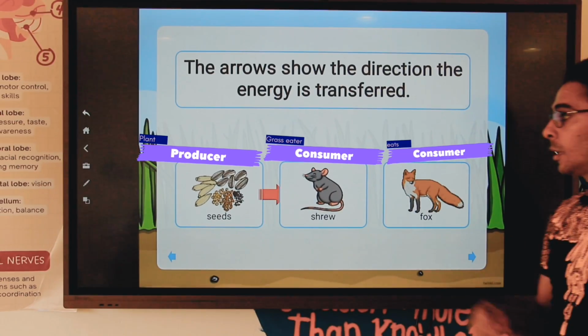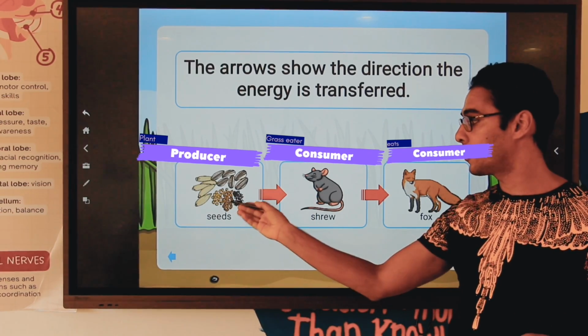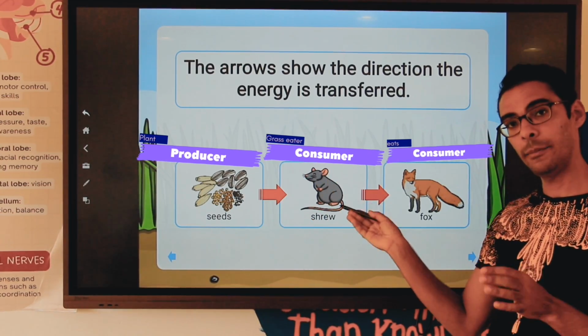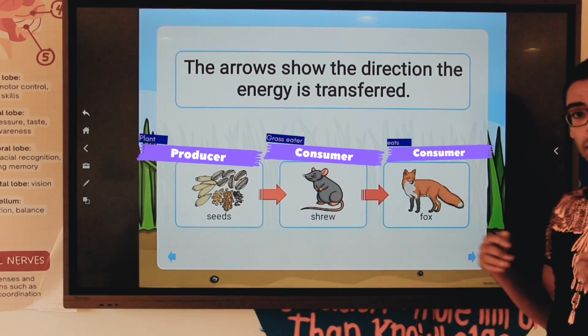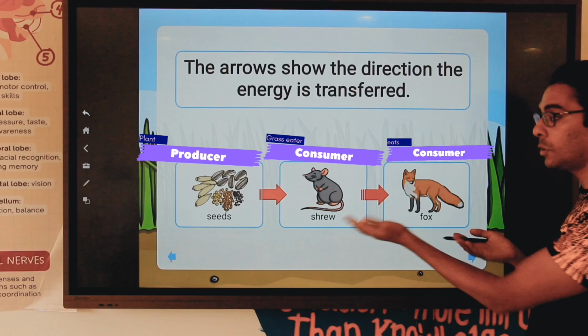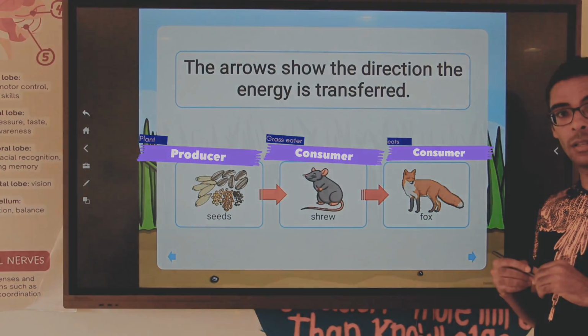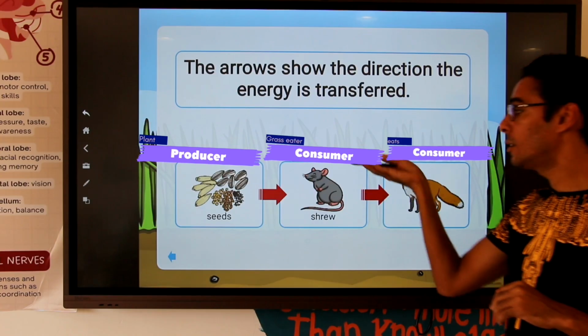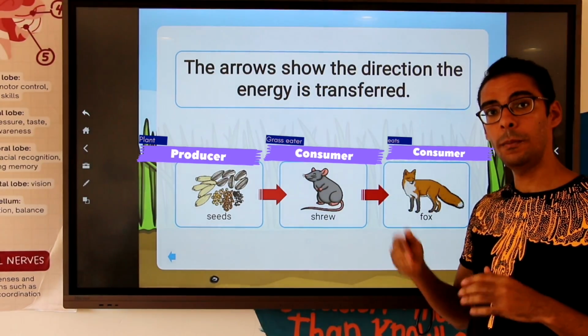Look here, this arrow represents the energy flow. The energy moves from the plant to this animal, which is right now known as a consumer. And here, another consumer. So if we have two consumers, which one of them starts getting the energy? If it's this one, this is going to be the primary consumer. The primary consumer becomes first.